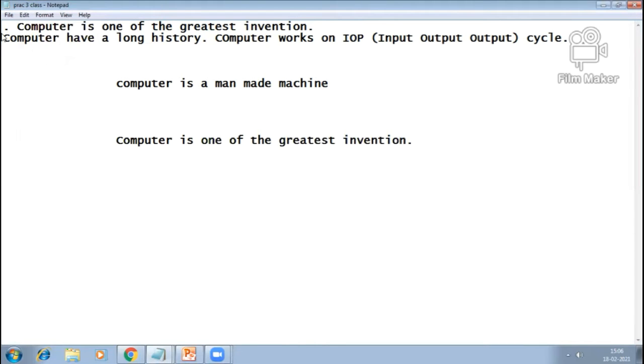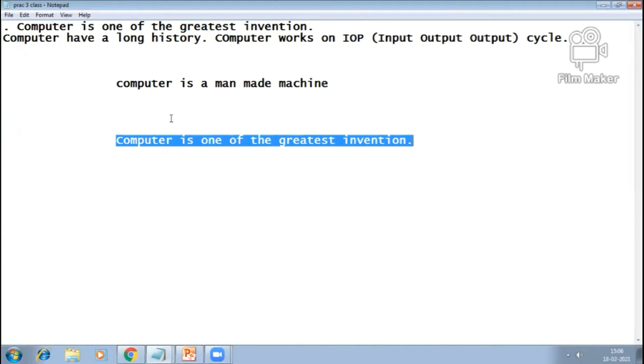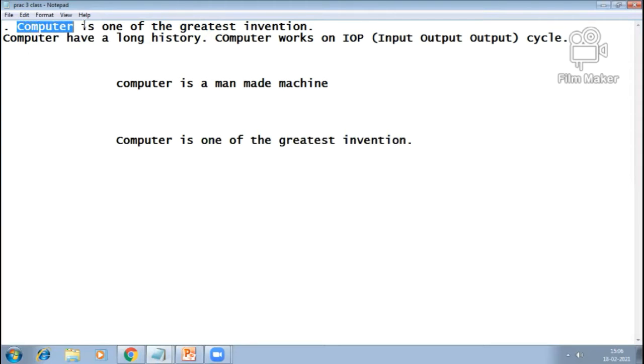Now you can see that our original text is here along with its new place. This one is our new place and this is our original text. Both the lines are here, in the original place along with the new place. All these things we did in our previous class.